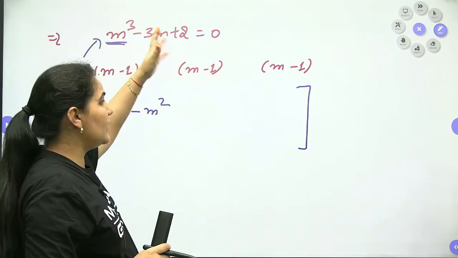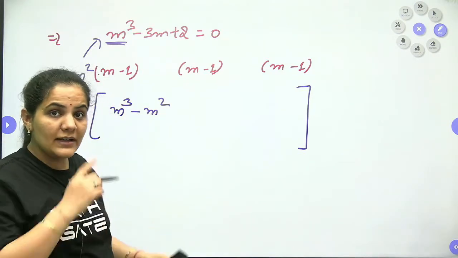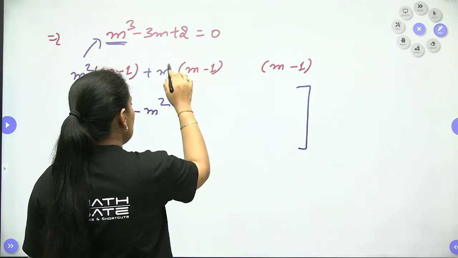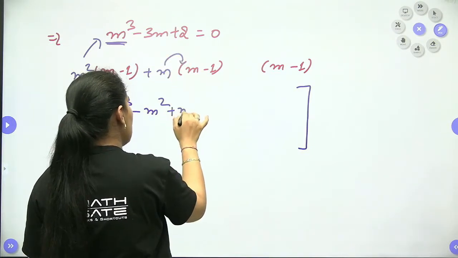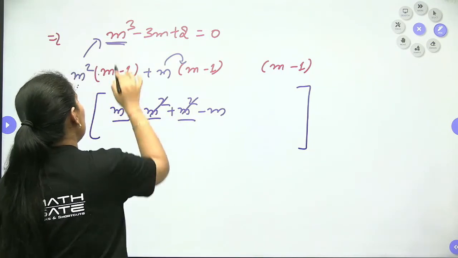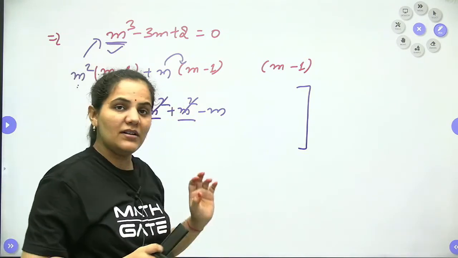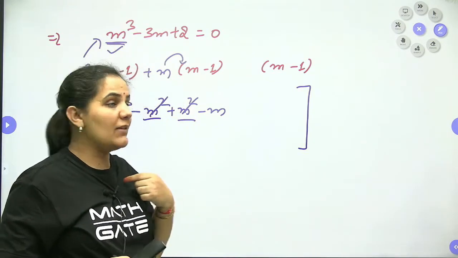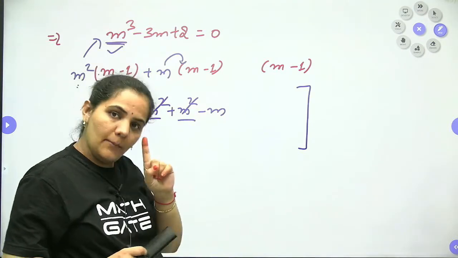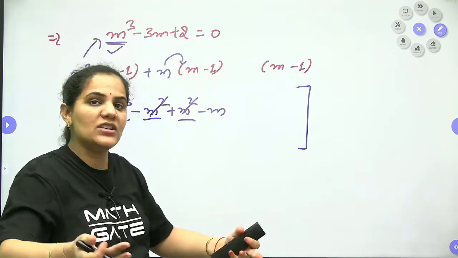Here you can see easily we don't have any term of m square. It means we have to remove this m square. So I can multiply this m with the m only. When I multiply, it will be m square and minus m. The m square and minus m square will be cancelled out. I will get m cube, which is my requirement. And here again I am getting minus m, but I want minus 3m. I have minus 1m, I want minus 3m. It means I need minus 2m more.